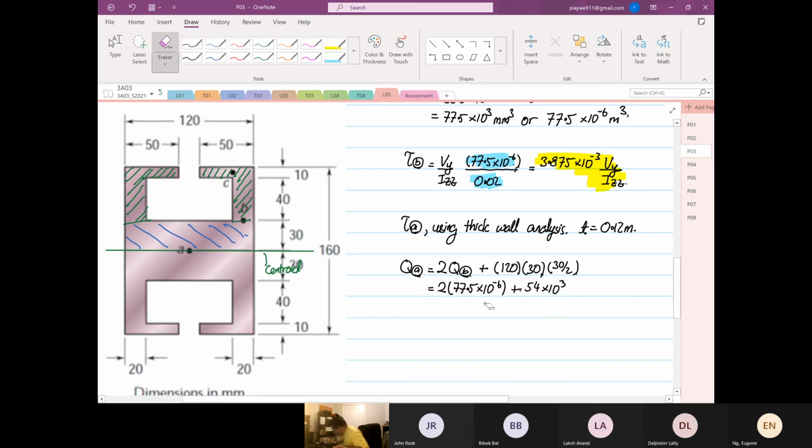I should use the 77.5 times 10 to the power 3 one, because now everything is in millimeters. So 77.5 times 10 to the power 3 times 2 plus 54 times 10 to the power 3 is equal to 209 times 10 to the power 3 millimeter cube, or